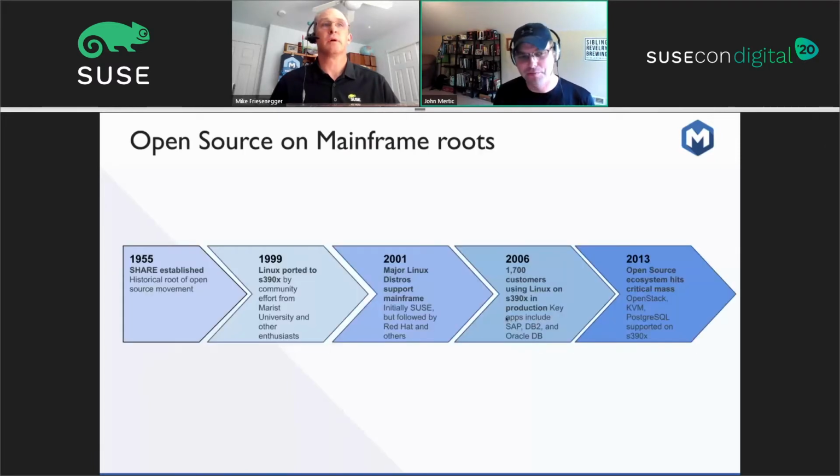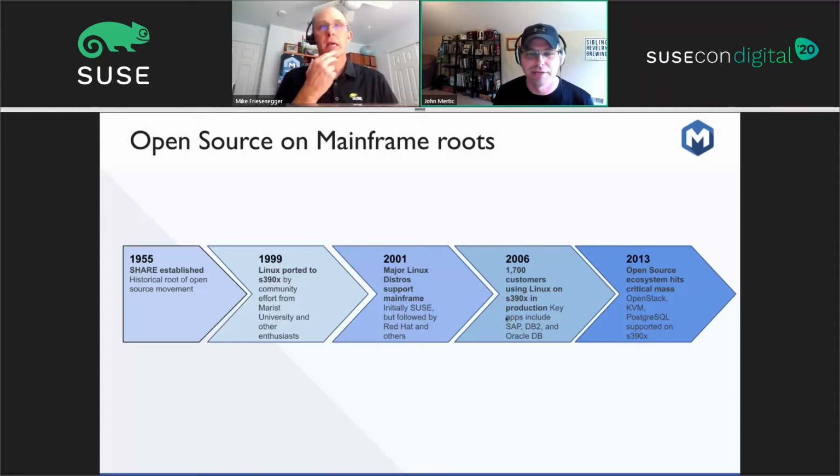Now, as I mentioned, we have open source on the mainframe, and it has its roots really going back to the early days of mainframe with an event called SHARE. If us in open source circles, when we talk about the roots of the open source movement, we trace it back to SHARE, where mainframe operators and programmers would get together and they would share code back and forth with one another. And this helped really the mainframe take off in its early days because these were really complicated machines. It was hard to get started with them. The idea is that you had a community of people you could share source code with helped really jumpstart that industry quite a bit.